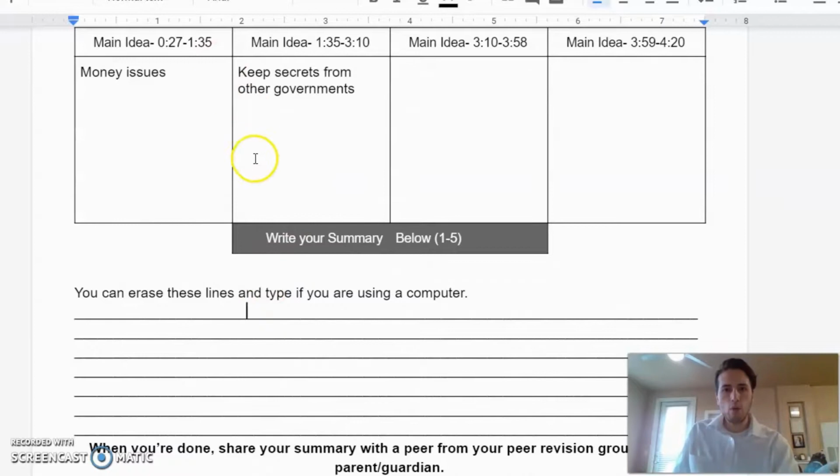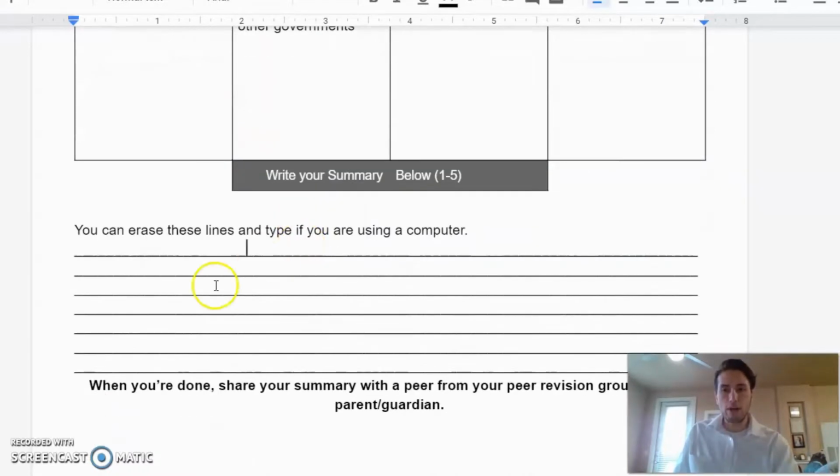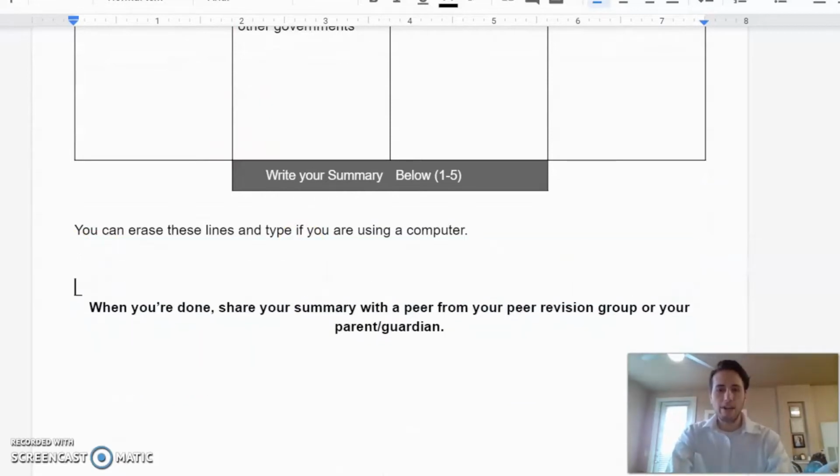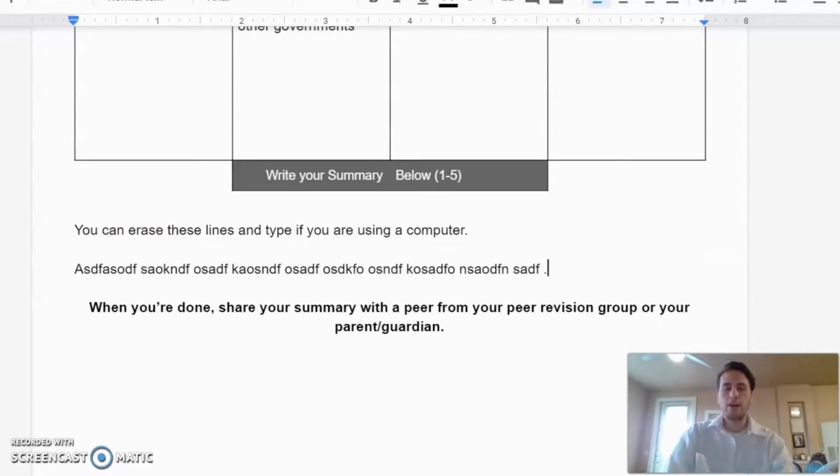When you're done writing this summary, you can go ahead and erase the lines and type your summary here, since you're all going to be using computers probably by this point. Type your summary, and done. When you're done with that, make sure you get some other people to read it over, see what they think,